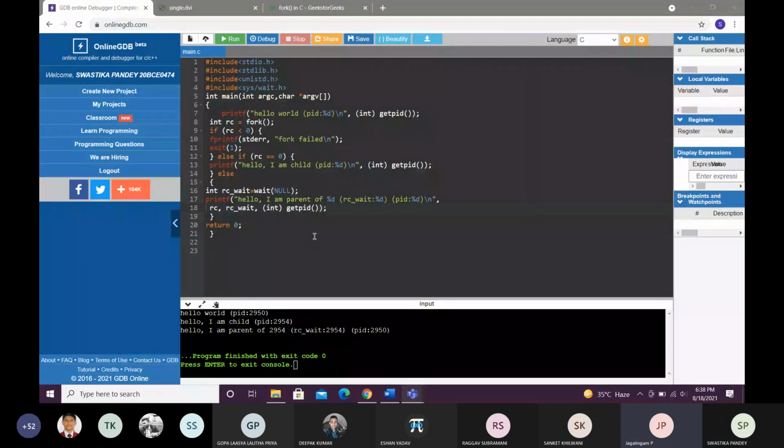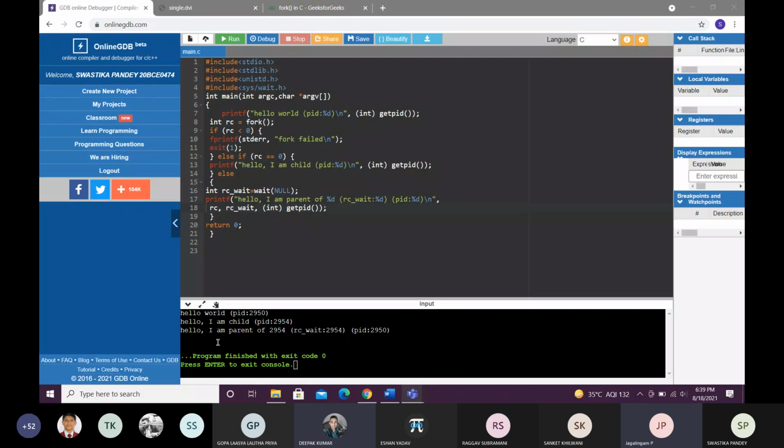Okay, so what is your output? This is the output of the hello world and the PID, then hello I'm child, then hello I'm parent of that particular child, the child PID, then the wait return value, and then the parent PID. What does wait return? It returns the PID of the child, sir.